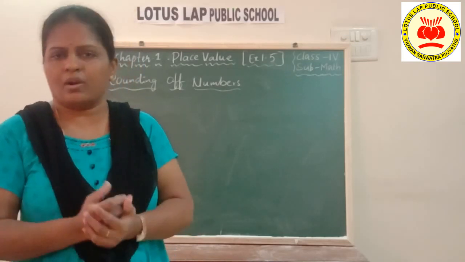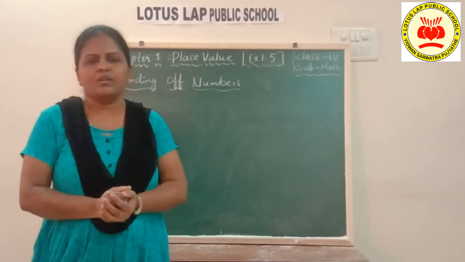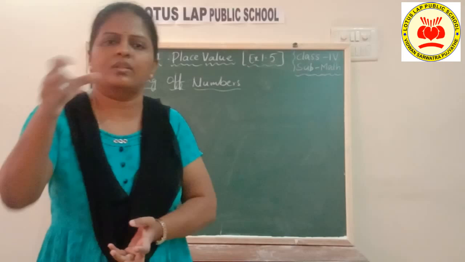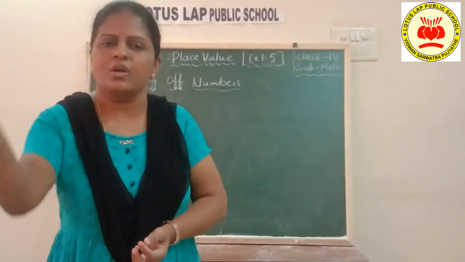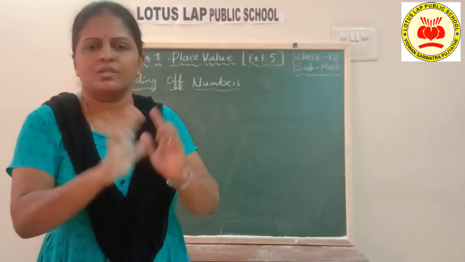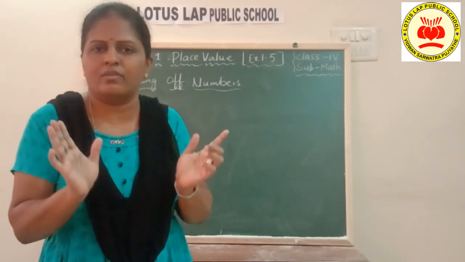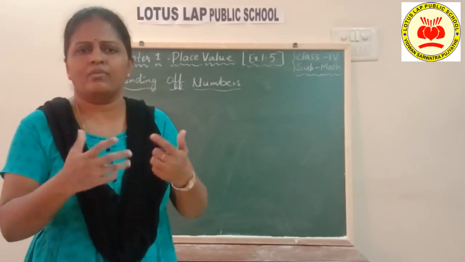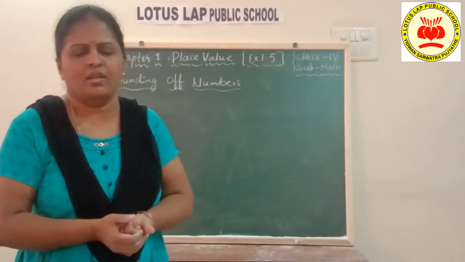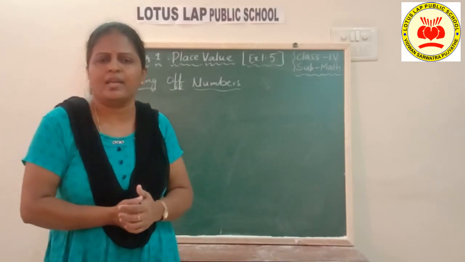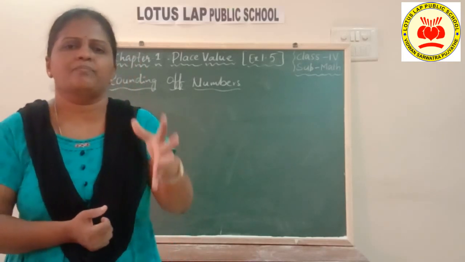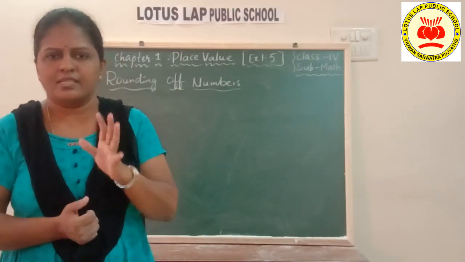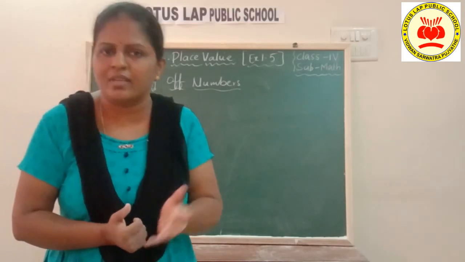What do you mean by rounding of the numbers? Rounding of the numbers means taking a number which is closer to the given number, taking a value which is closer to the given value. It is not the exact value or accurate value, it is just an approximate value, children. Now, why do we have to round off the numbers? First of all, we need to round off the numbers to make the number easier and simpler to read and understand, children.